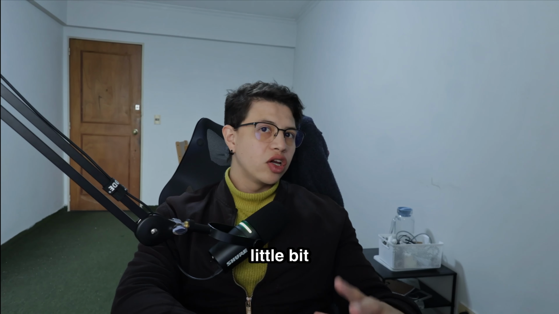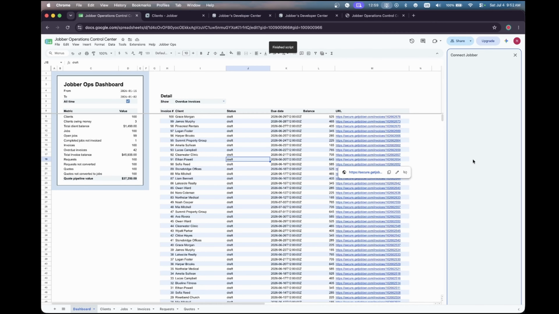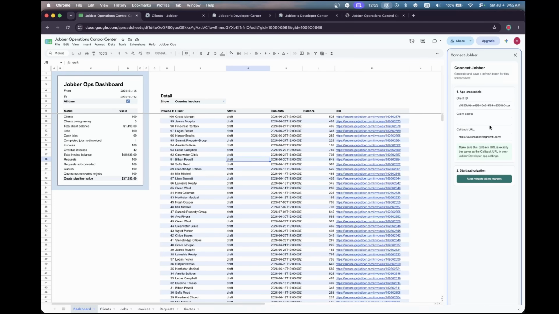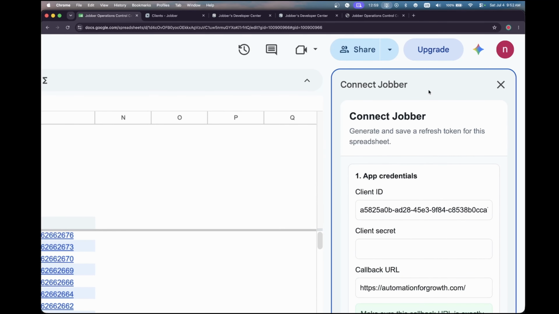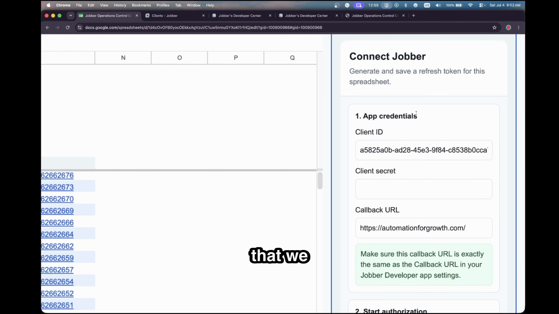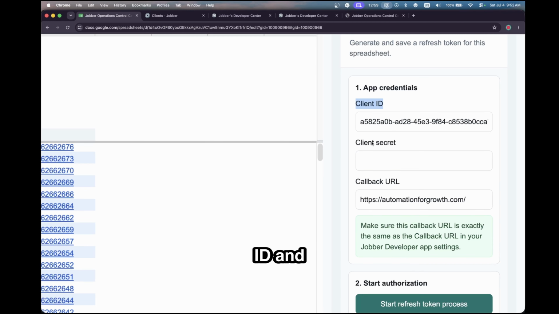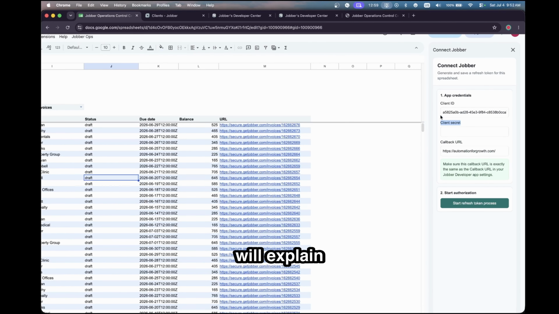It gets a little bit technical, but what I did is that I created this button here called Connect Jobber. You just click here and it will open this sidebar. And here, let me make this bigger so you can see, I just added some steps that we need to do to get this token. First we need to get a client ID and a client secret. I will explain each of them